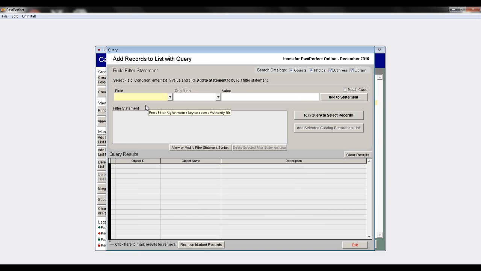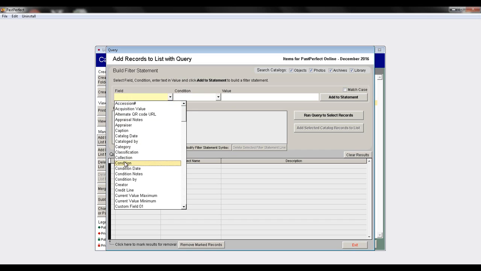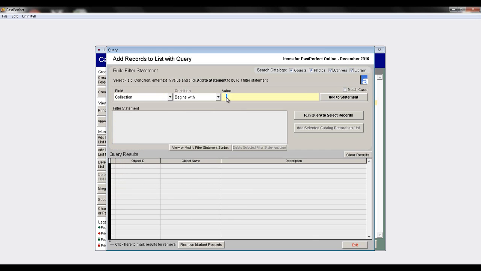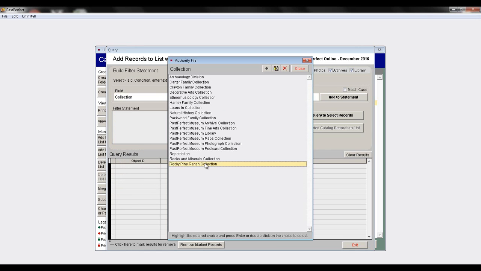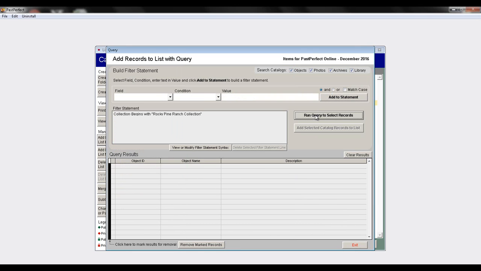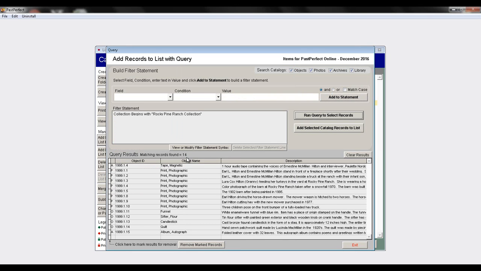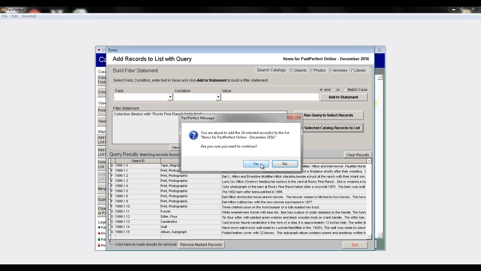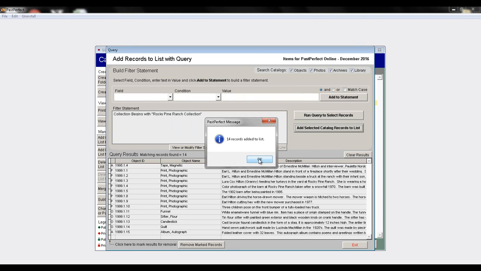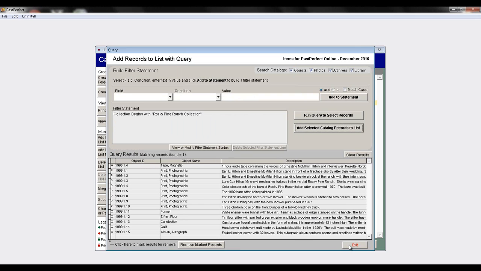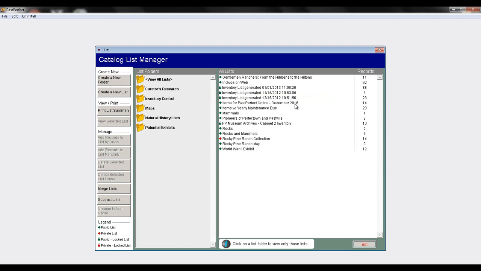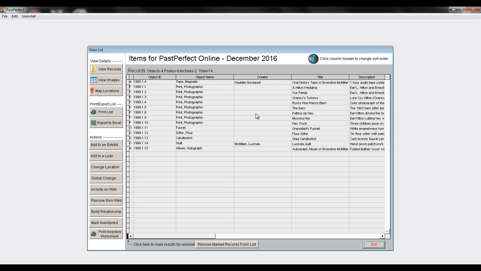I'm going to run a query for the collection field to populate this list. I know I want everything in the Rocky Pine Ranch collection, so that's what I'll run my query for. You can see that I get 14 results. I'll add them to my list. When I exit from the query and I open the list to view the 14 results, you'll see that on